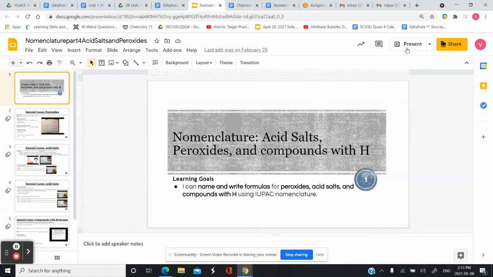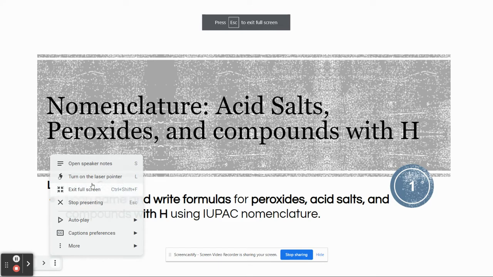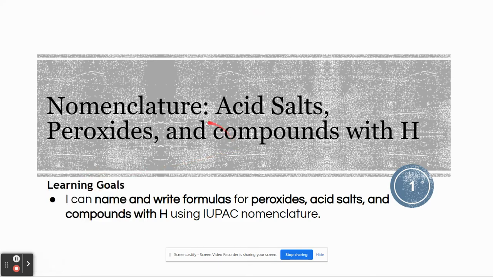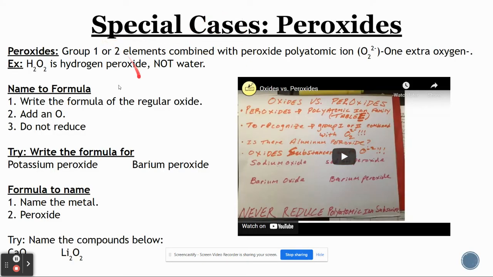In this video, we're going to take a look at naming and writing formulas for special cases of compounds. The special cases we're going to focus on are acid salts, peroxides, and also compounds with H's. So we'll start off with naming peroxides. You can take a look at the steps and also writing formulas steps here and some additional examples in the